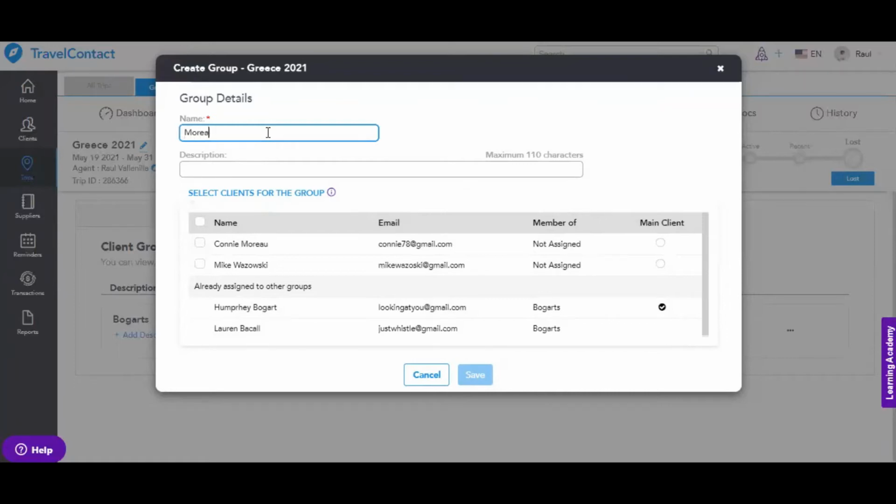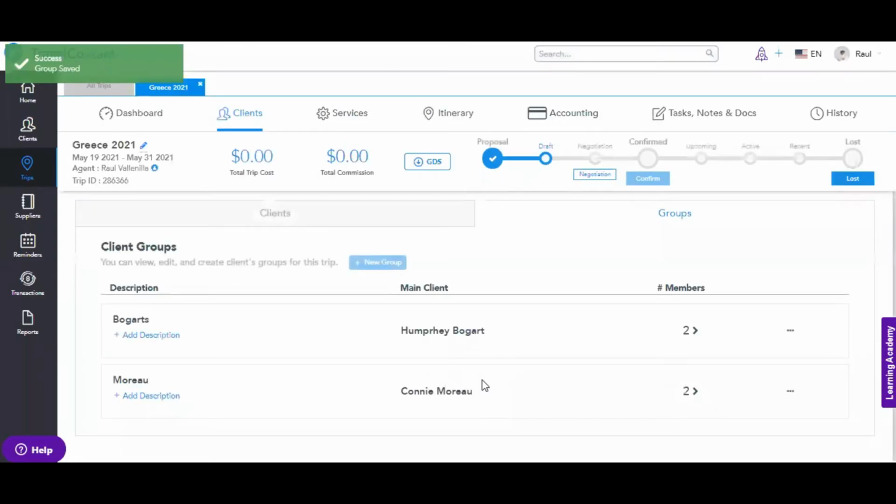So in this case, it's going to be Moral. And then I'm going to choose the 2 remaining clients and then make someone the main client. Once that is done, I'm going to go ahead and click on Save. And now I have created my groups. You'll see that if I go back to my client page,